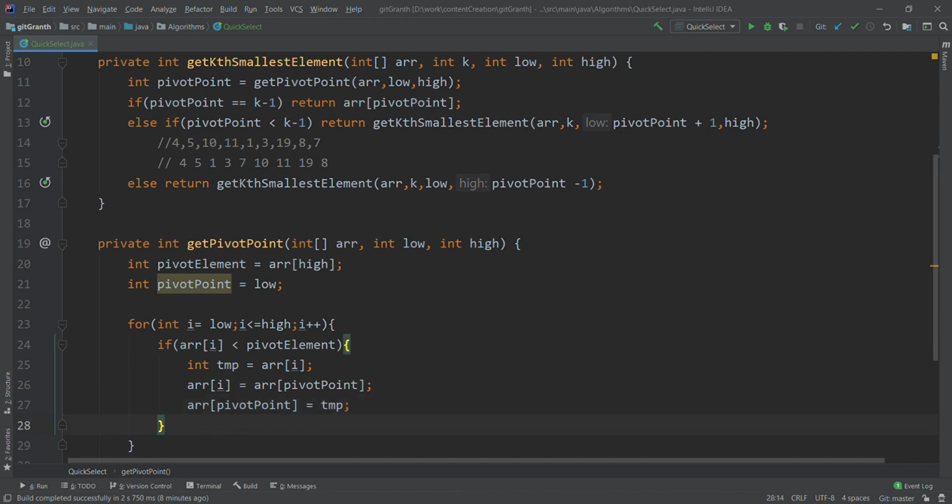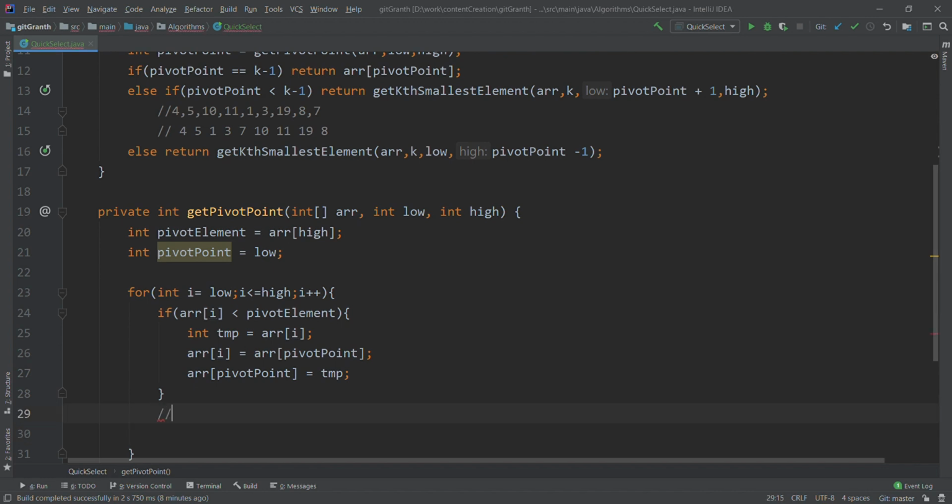So what we did here is, so let us take an example. So this was our initial array,